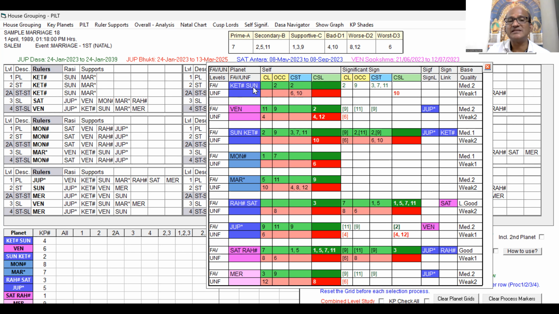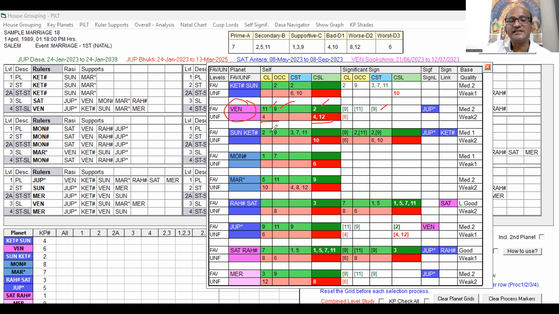And K2 represents Sun significations, shown in the next column. Similarly, for Venus, Sun, Moon, Mars, Rahu, Jupiter, Saturn, and Mercury, each planet's self significations are shown. In this, we can choose which planets are favorable significators for marriage. Venus has 11, 9, and 2, which is good, supported by Jupiter, but some weakness is present. The shade background is pink, which indicates a mixed significator.